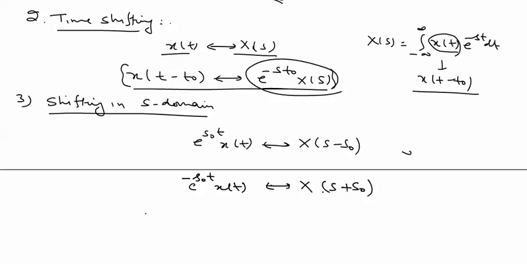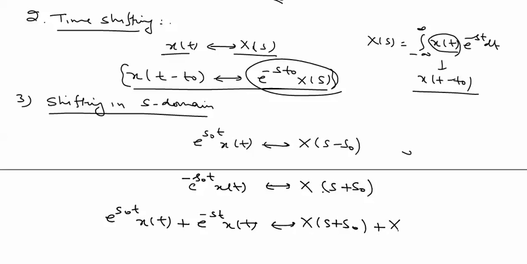If x(t) is replaced with u(t) and we add these two components, X(s minus s0). If x(t) is u(t), then